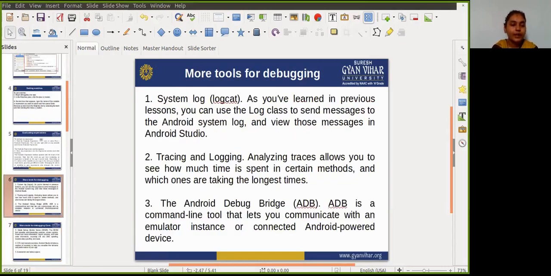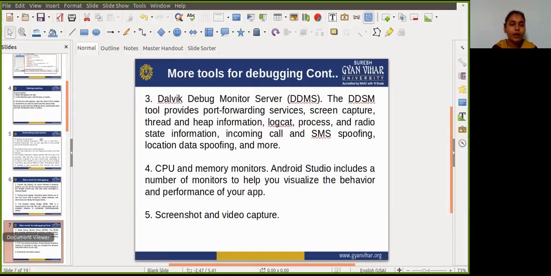Next one is the Dalvik debug monitor server. The Dalvik debug monitor server tool provides a port forwarding service, screen capture, thread and heap information, logcat, process and radio state information, incoming call and SMS spoofing, location data spoofing and more.